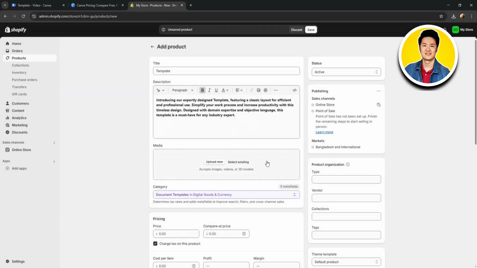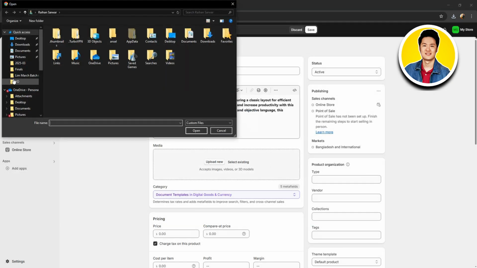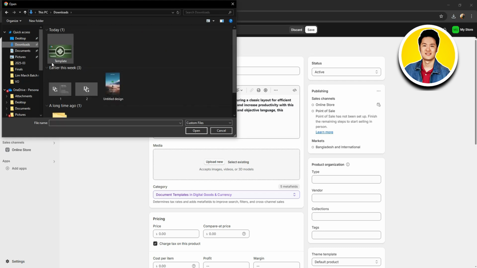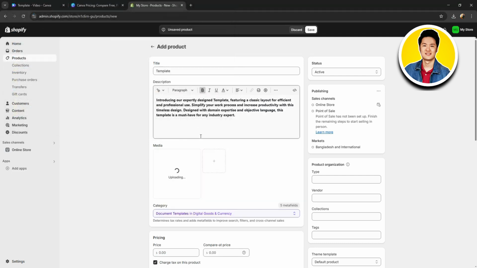Now, on the Media section, click on Upload New. After that, you need to choose the template you just downloaded and click on Open. And once you're done, the template will be uploaded onto your Shopify store. As you can see, it's now processing, and the upload is complete. Right below it,